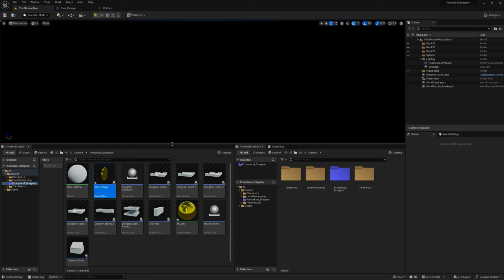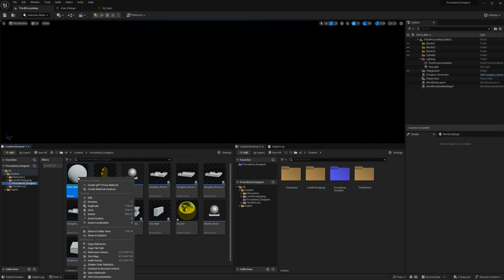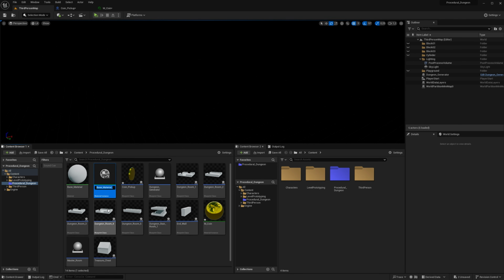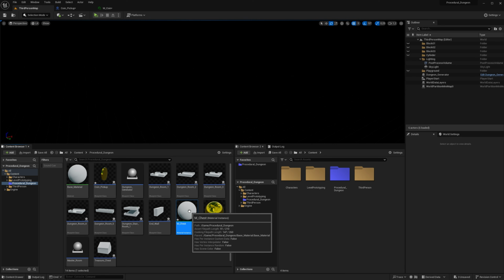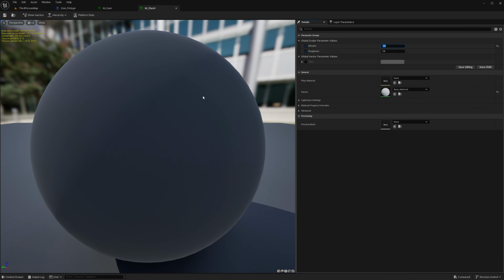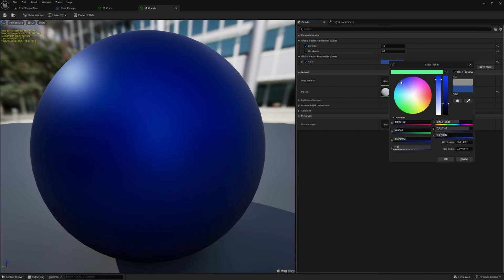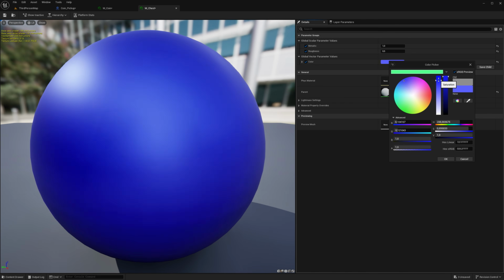Alright, let's make a material for the chest. So, base material, right click, create a material instance. Let's call it M for material chest. I think that is an awesome name. Open the material, click on the metallic and roughness, set the metallic to 1, and then we can set the roughness down to 0.5 maybe, and then we will make an awesome blue color here.